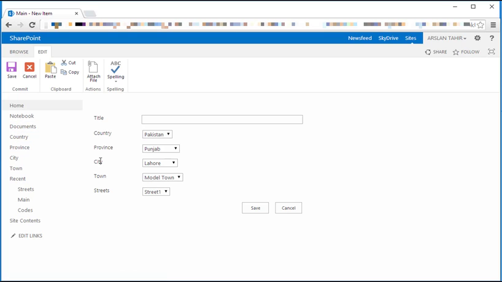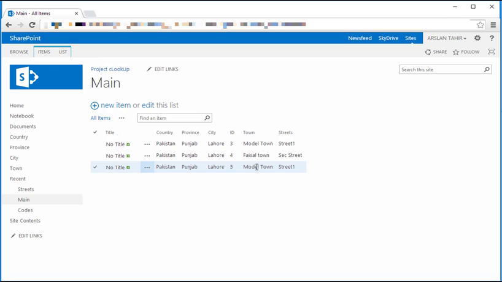Same is the case with the city. When I select the province Punjab, it automatically detects its child, which is city, and then it goes in the list city and lists all the cities under Punjab. So it's all automatic. Let's click save here,